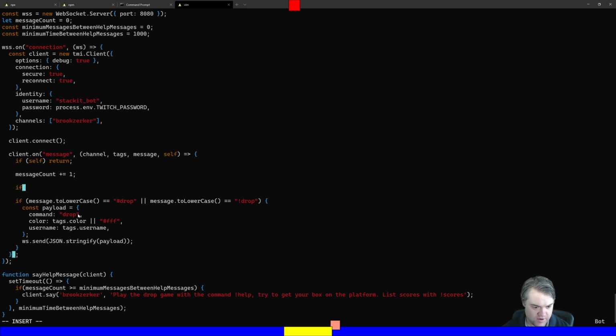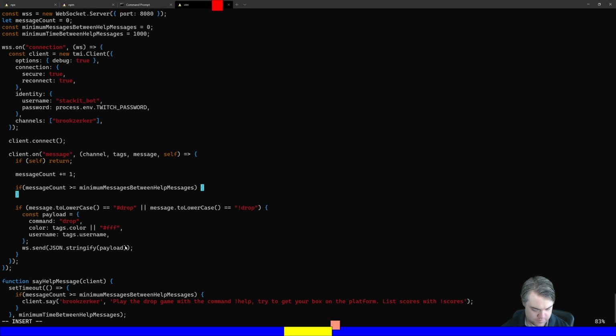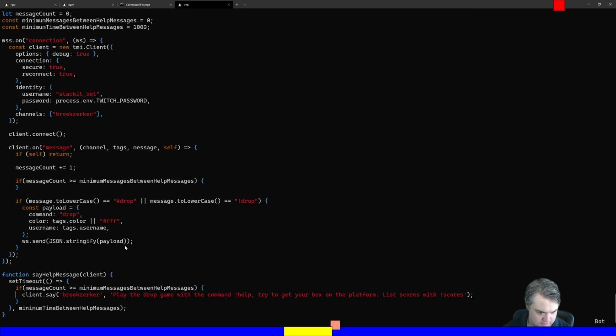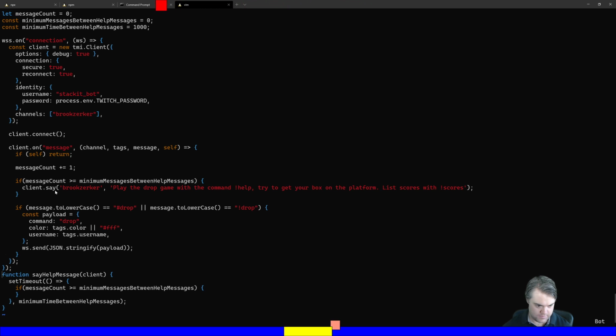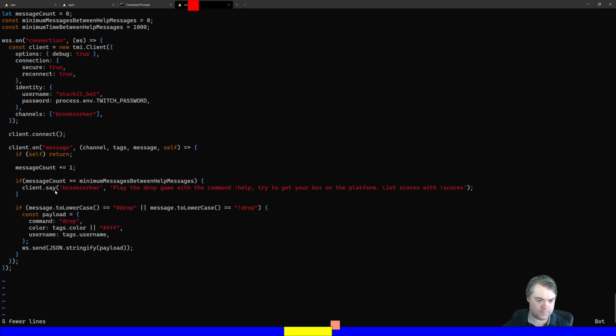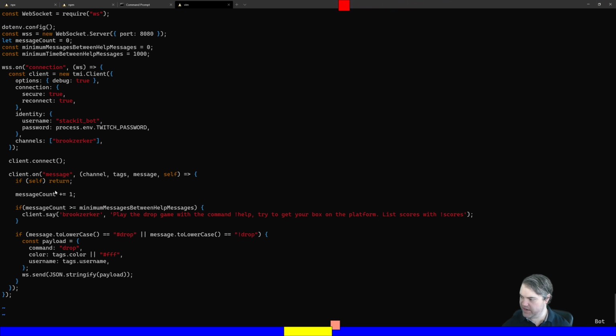And here is where I can just say, okay, if message count is now greater than or equal to the minimum messages between help messages, then I want to do this client say. Right in here. So if we've had 50 of them, right now I have 0. So that's going to do it a lot of times. But if I put in like 50, so let's delete you. If I say right now,